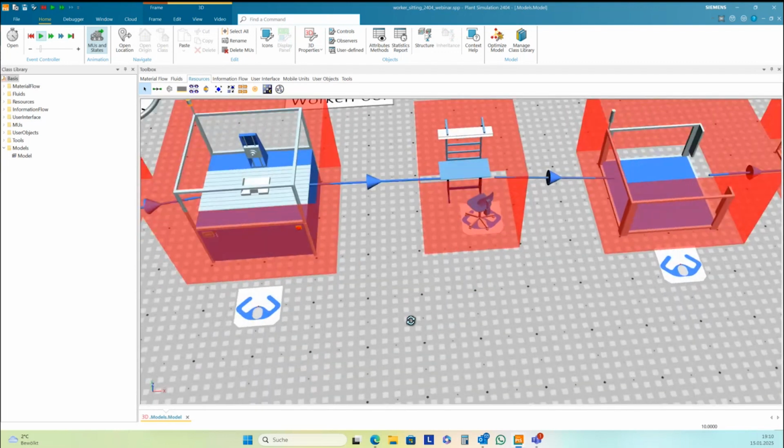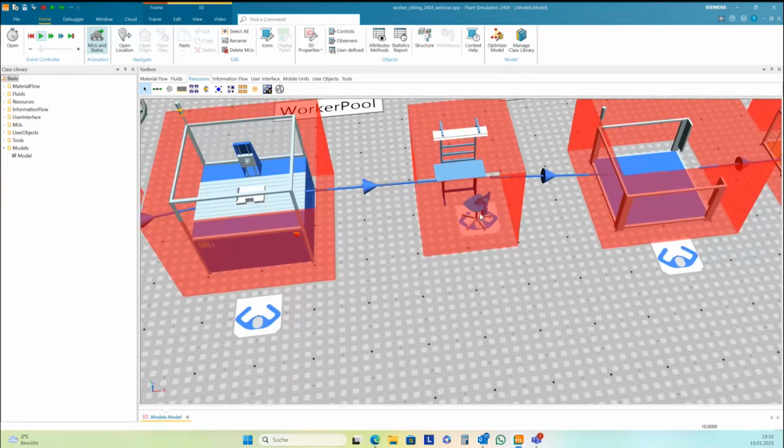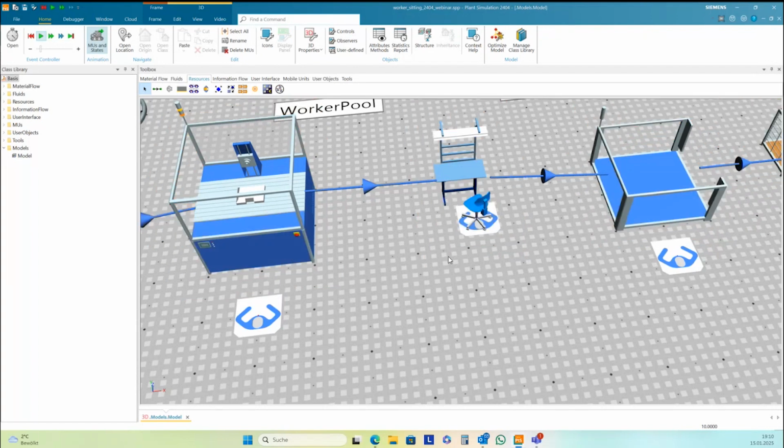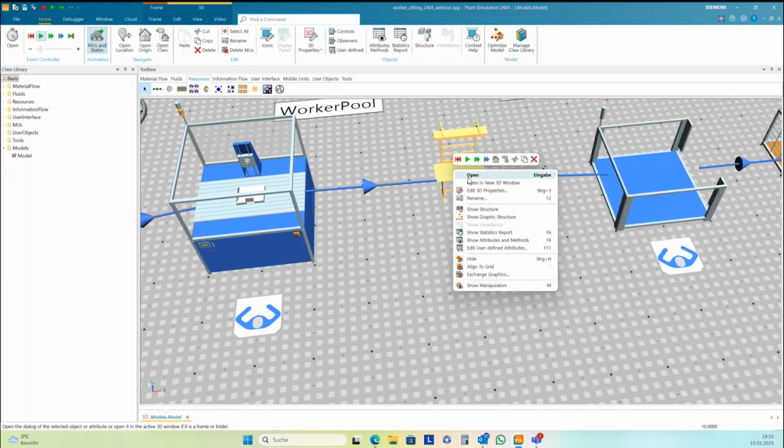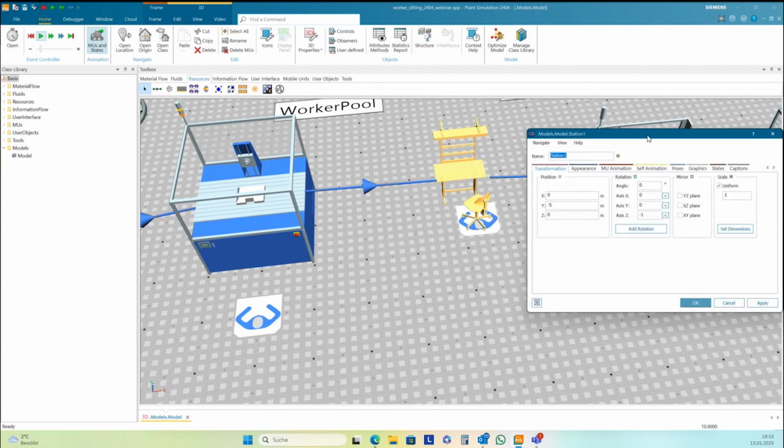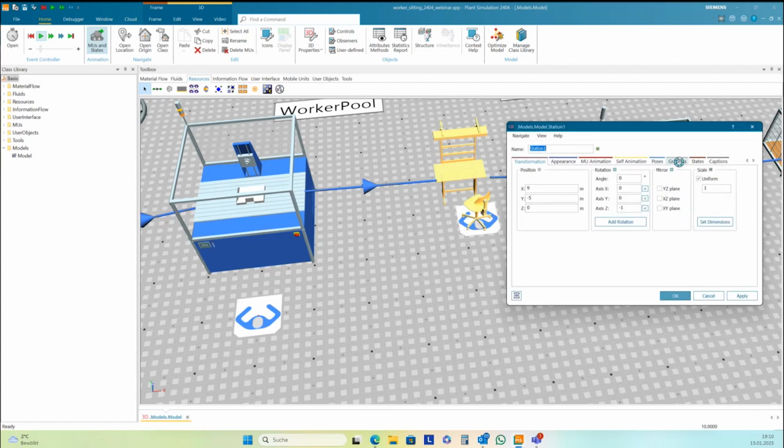And if the worker should really be located in this position, then we need to switch off the barrier area of this station here. And this we can do in the 3D properties of the station, tab graphics.